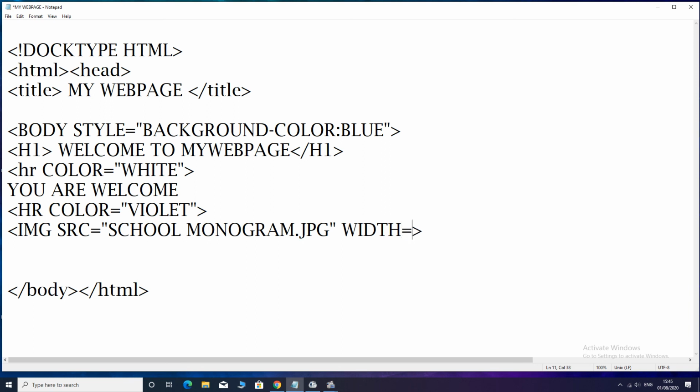The width will be, suppose, 500 double inverted comma close. Then height, suppose equal to double inverted comma also 500, square shape, and close it.